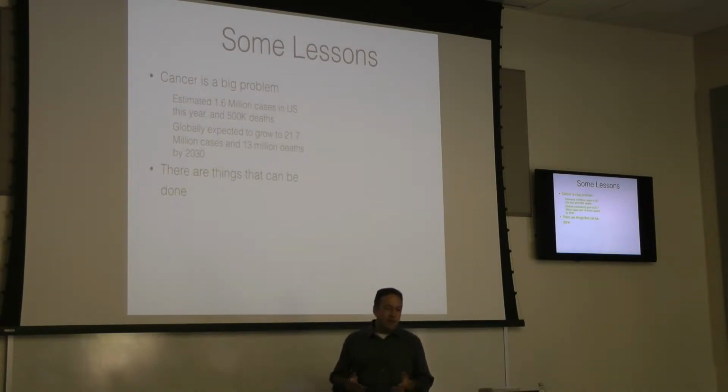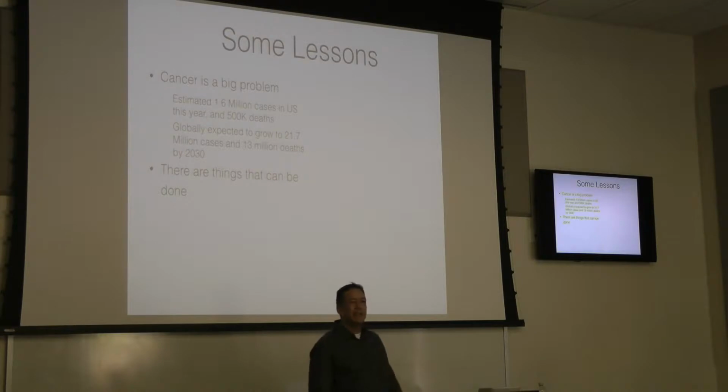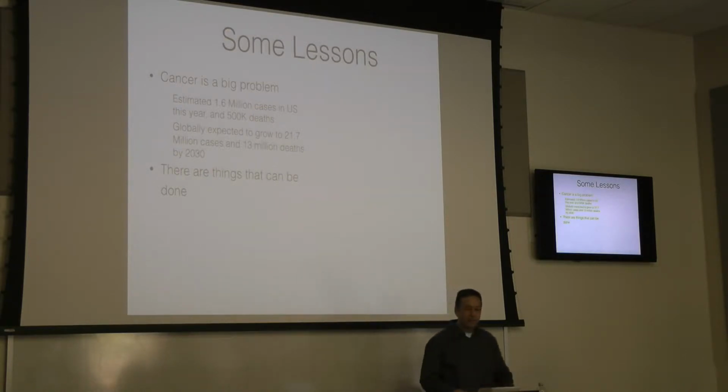Dealing with this problem is not like asking to go back in time or levitate in midair or travel through walls, right? Maybe it's okay to look at that a little bit, but those are pretty pie in the sky moonshots. Whereas I'm going to try and give you a sense that there are mechanisms responsible for various kinds of cancer, and there are technologies out there now that suggest we could make progress on it. It's an addressable problem. So it's a big problem that we can make progress on.